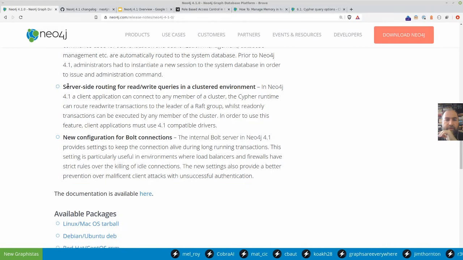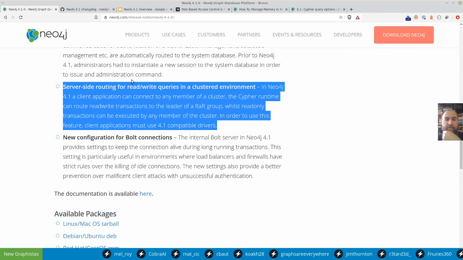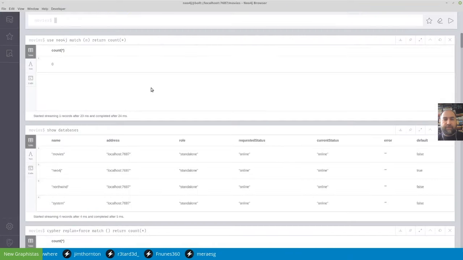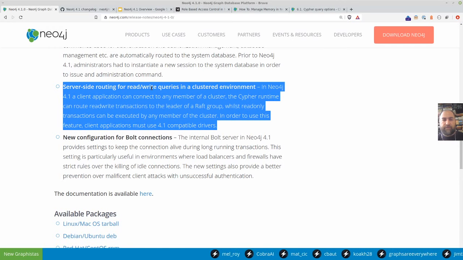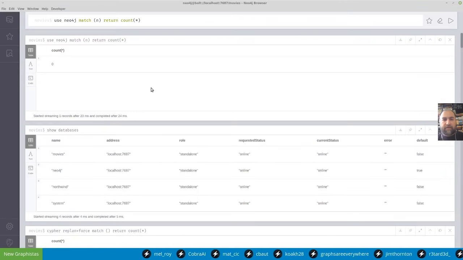Read-write routing: if you have a cluster and accidentally, for whatever reason, send a write query to a follower, either because the cluster switched around or you addressed the wrong instance, or you use one of these while talking to a read-only database but you use a write database, or the other way around, then it routes the write query, for instance, to the read-write instance. And actually, that's an interesting